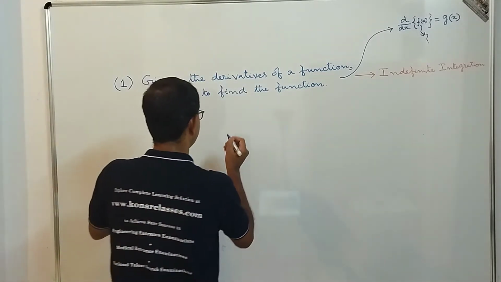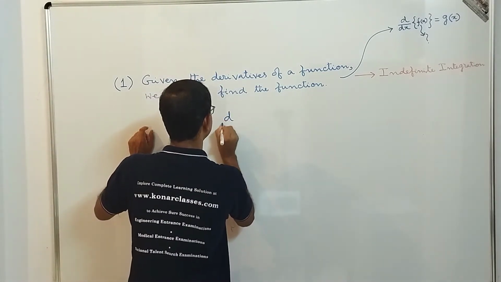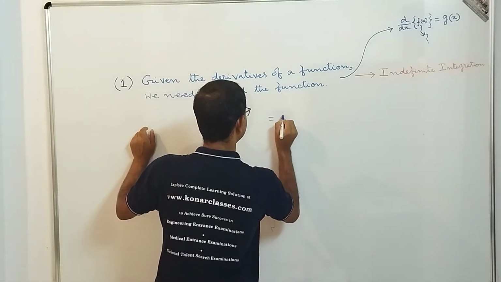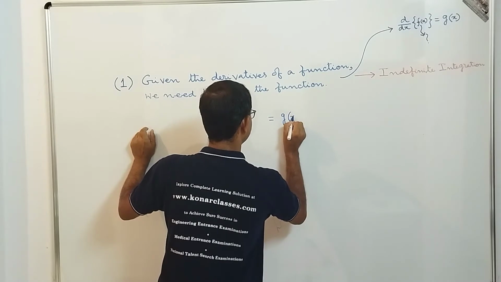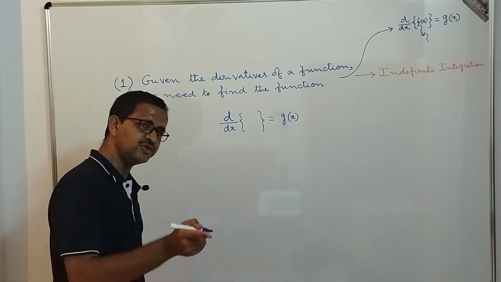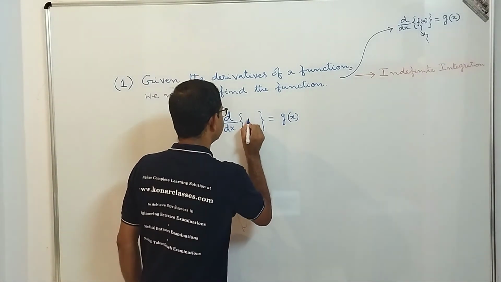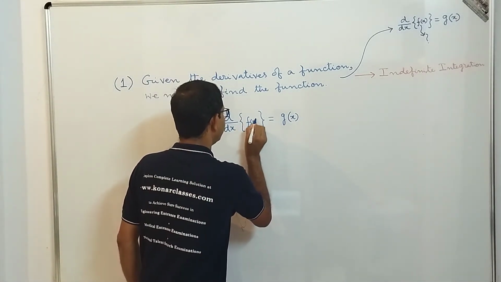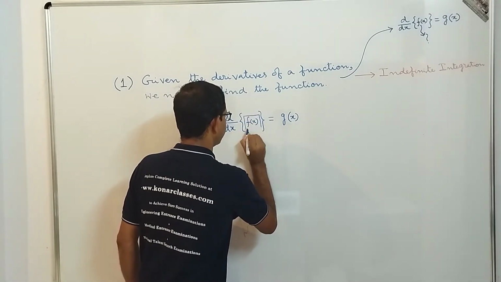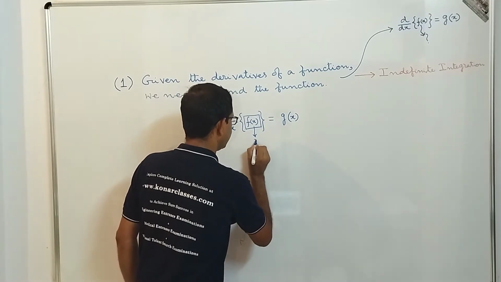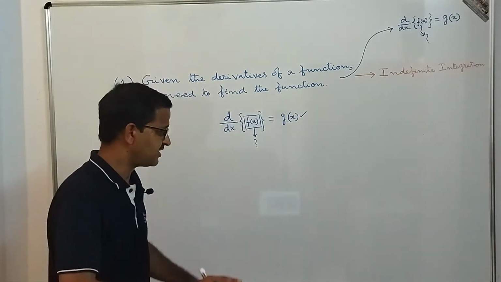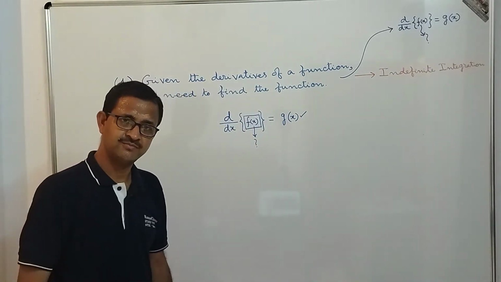So what we have learned so far is that suppose we have a function, and that function we define as g(x), and we do not know which function's differentiation gives g(x). That means we are not aware of this f(x), but we are aware of g(x). Then the question is how to find that f(x).